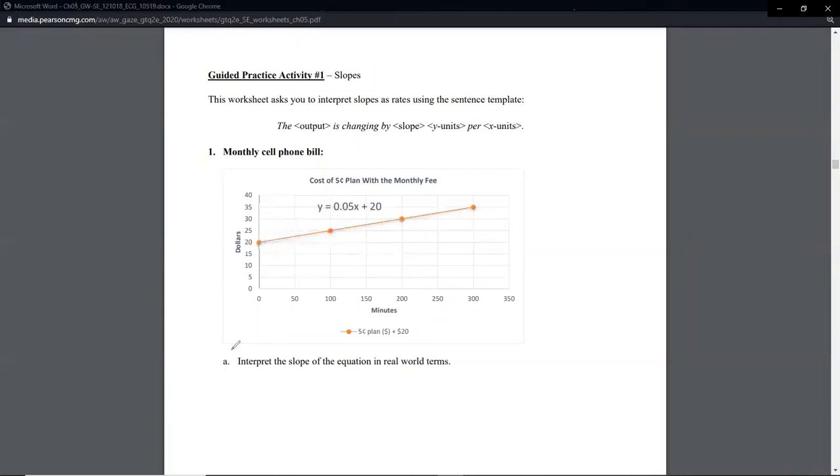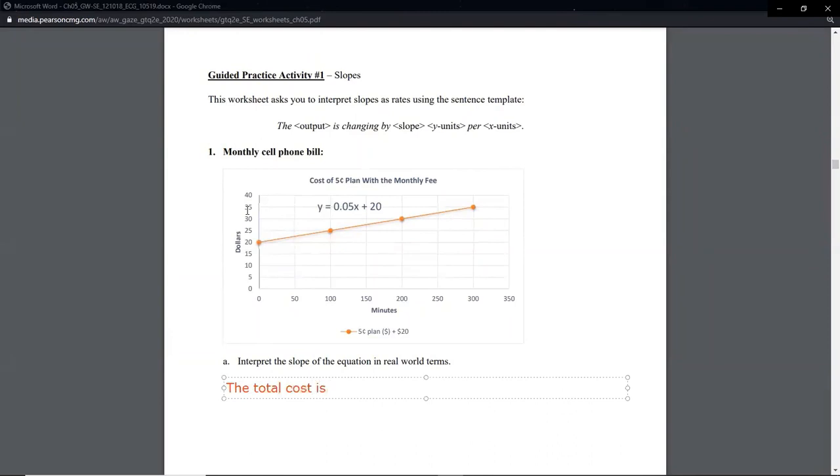But that's not what we're supposed to be describing here. We've already done all that stuff. We're trying to interpret the slope of the equation in real world terms using this cookie cutter template. So we say all right, the output. What exactly is the output? You might say dollars. The output's dollars because that's what Y is measured in. Well, Y is measured in dollars, but that's not the output. That's how it's measured. The output is the cost. Now, some might say cost, some might say total cost. I like total cost because that really implies it accounts for the variable and fixed amount.